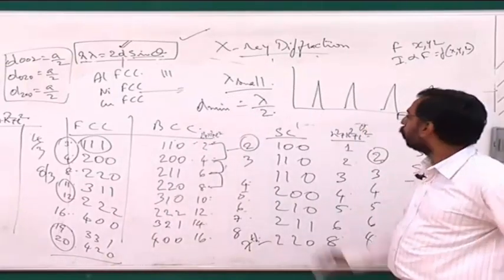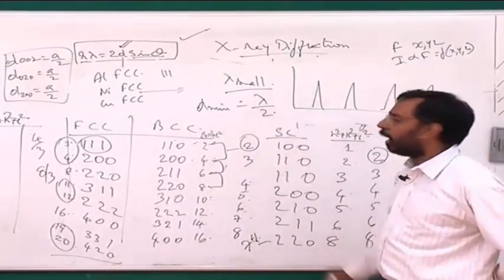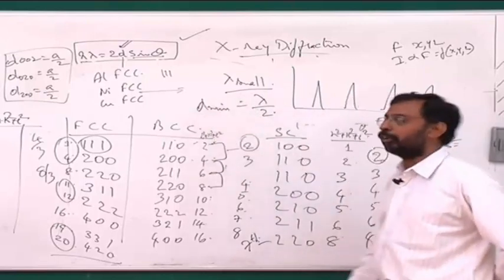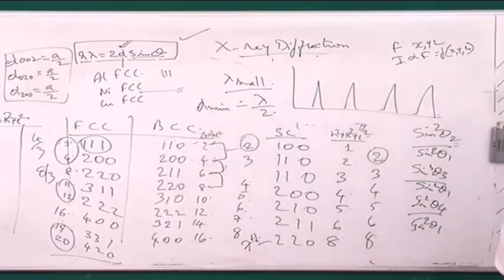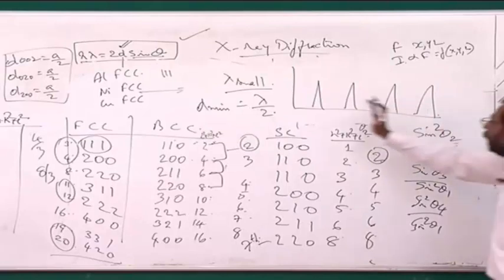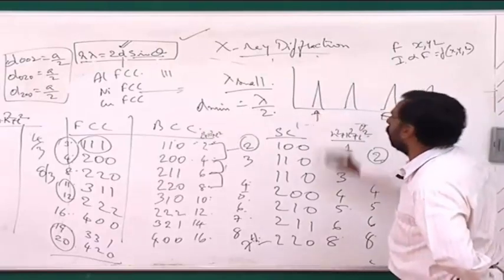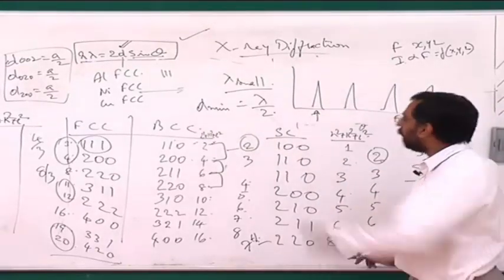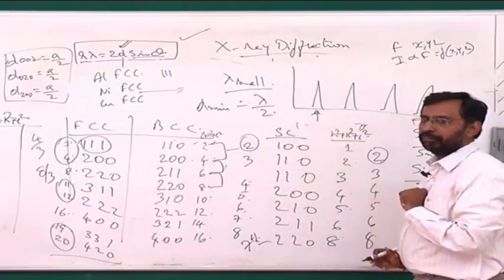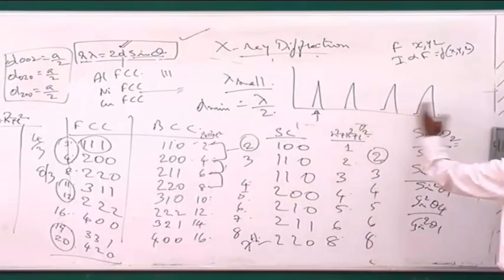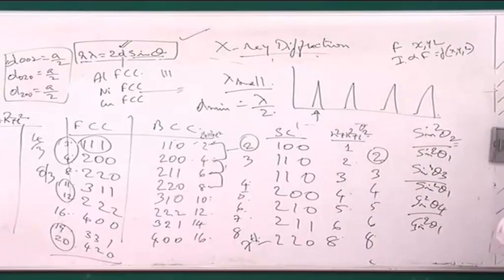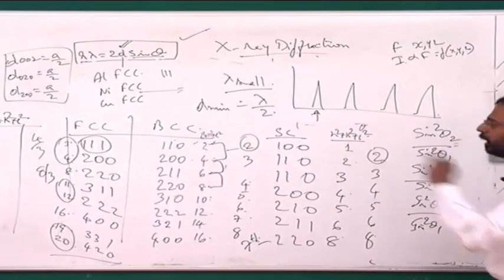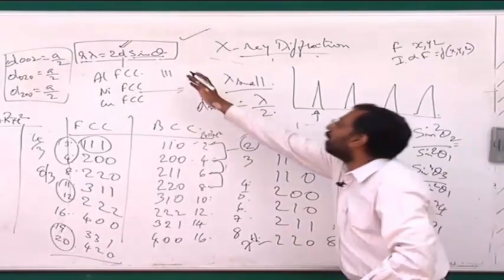Right? So if I have very small lambda, I get the smaller D's also. That means smaller D's means larger HKL. You see, the smaller the HKL, the D is large. If the D is large, theta is small. And if I have larger HKL, I will always have the smaller D, and that means larger theta.